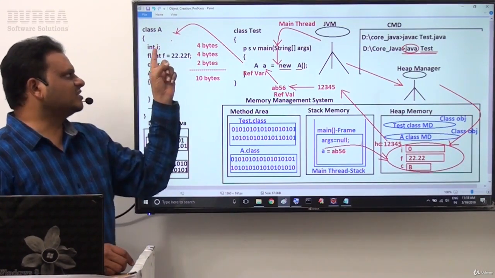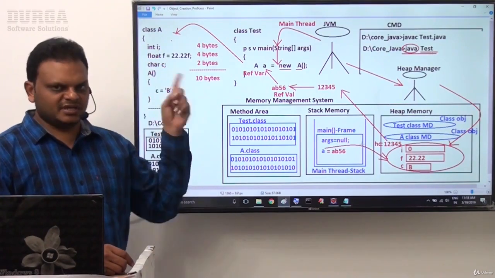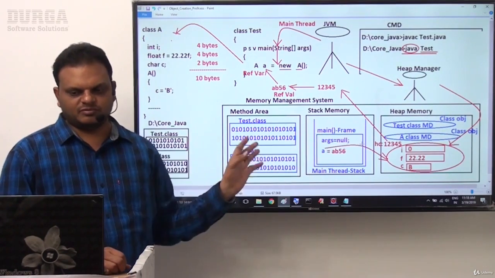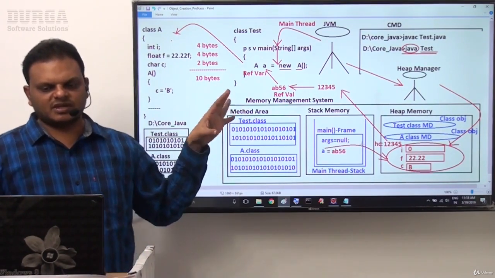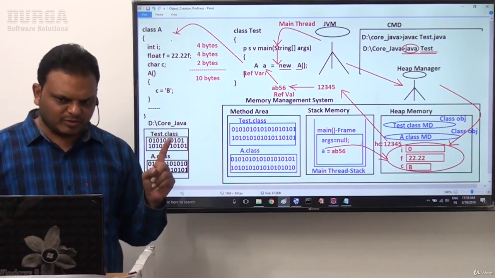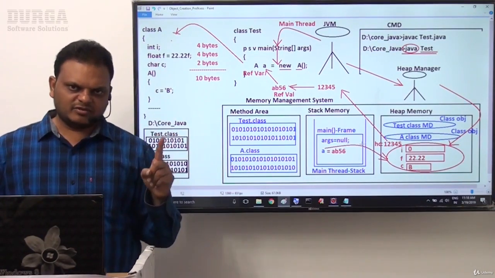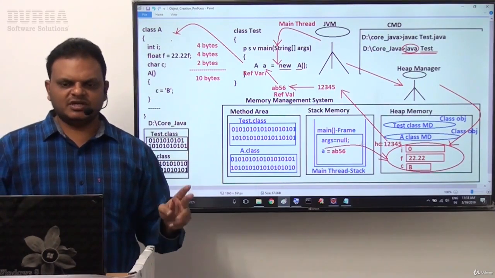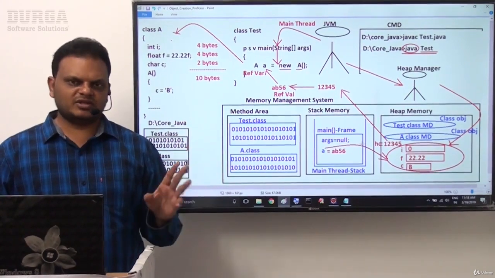So the data type for this variable i is integer. The integer default value is 0. The 0 value will be stored inside this particular object. So overall this is exactly the object creation process, which includes only 3 steps: creating memory for the object, generating identities for the object, and providing initial values for the object.